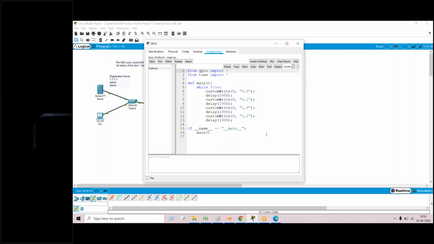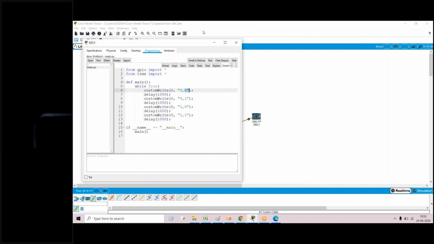This time we have four different modes available. You can see here custom. The first 0 will indicate the D0 pin. The first one in the custom is indicating the D0 pin. The second one is the condition for the door, whether the door is open or not. The third parameter is whether the door is locked or unlocked. So you can use four different conditions.